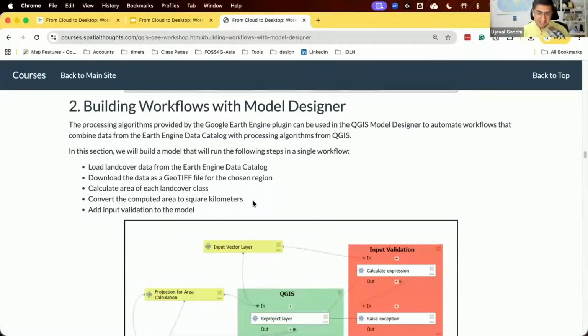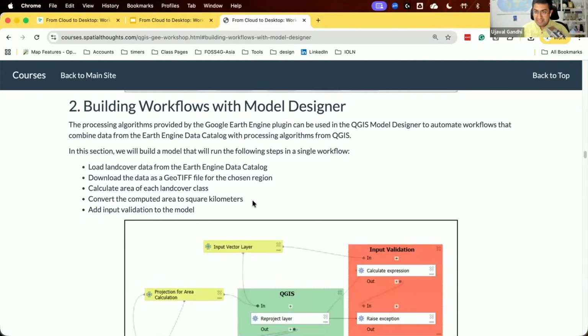Let's work on our second example of working with the QGIS plugin. In the first one, we learned how to load some data from any of the catalogs, load a WMS layer that the plugin generates into QGIS, and then export that layer for a given region for selected bands into a GeoTIFF file. Now, these tools that the plugin provides are also regular processing tools, and that means